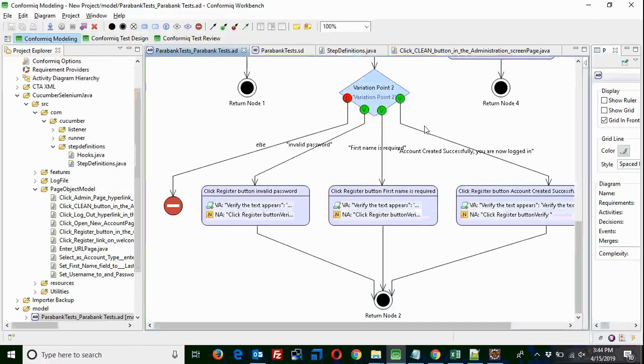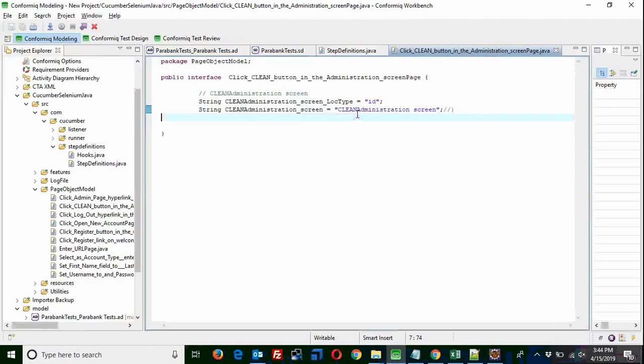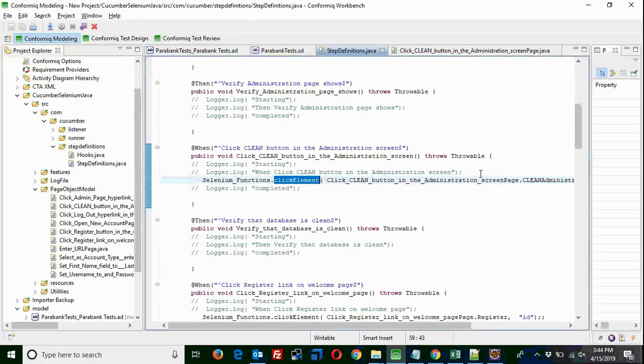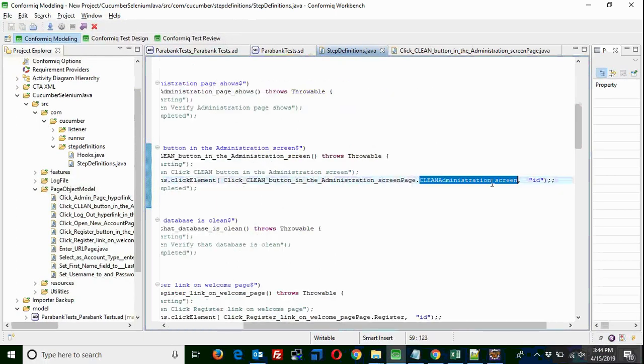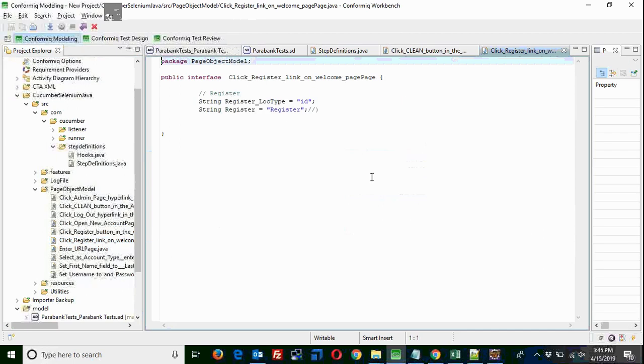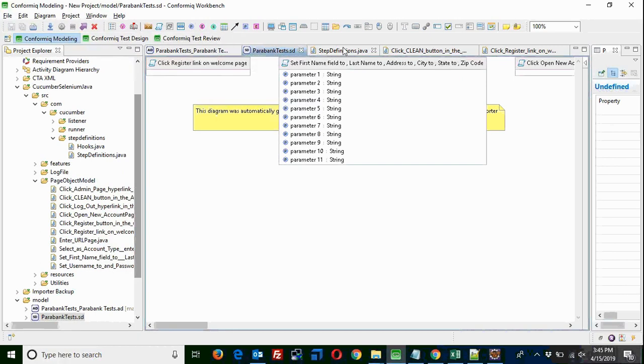But where you can see errors is in the generated automation code. The moment we create step definitions like this, and the pages are created like this, see here, ideally this is the wrong screen. Ideally it should be a clean link, right? So this is wrong. These object IDs are wrong. Automation code, especially elements, will be error prone. For example, this one, register link. This link can also be error prone. It says this is register. Probably it may work, but many of the objects are error prone. So you will have to look at those.